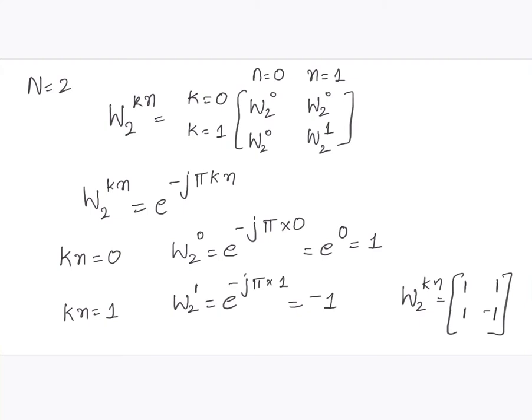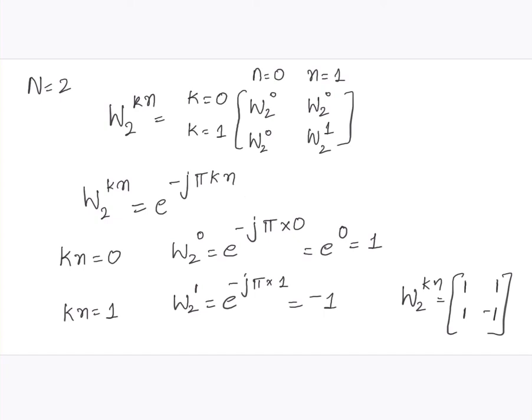Now for example, if you consider we want to find out 2-point DFT, that is capital N equal to 2, the Twiddle factor can be written as W2 raised to kn. So this will be the general representation: W2 raised to 0, W2 raised to k into n multiplied here. So 1 into 0, 0, 1 into 1, 1. So the general expression is given by this formula.